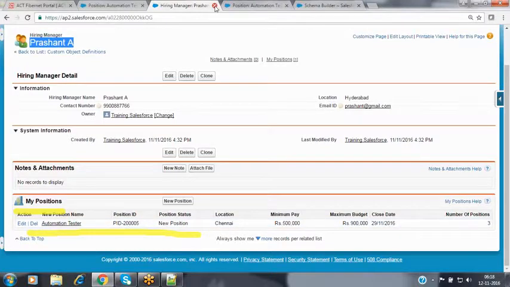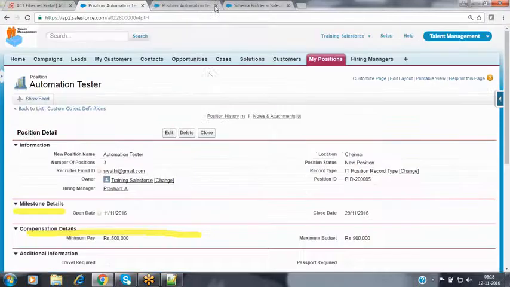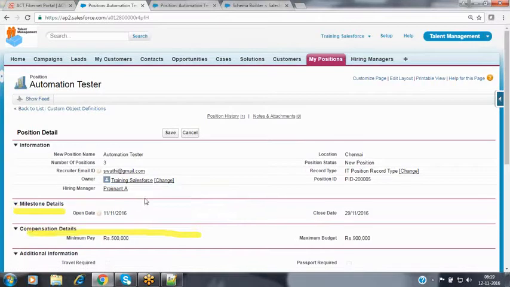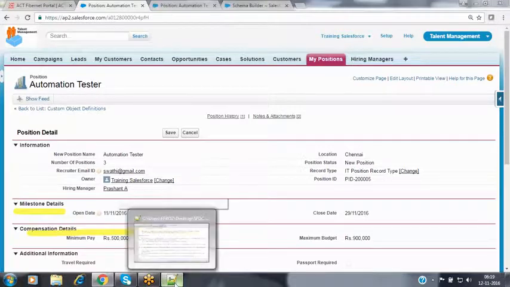Now, so nothing but what happened here. Whenever you are mapping from one parent to another parent directly, we can map. Just go to that field, double click on the field, and then select the parent to which you want to assign. So nothing but what happened, without enabling any settings, directly we can change the parent of the child record when coming to the lookup relationship. Now, this is one of the observations we have done.